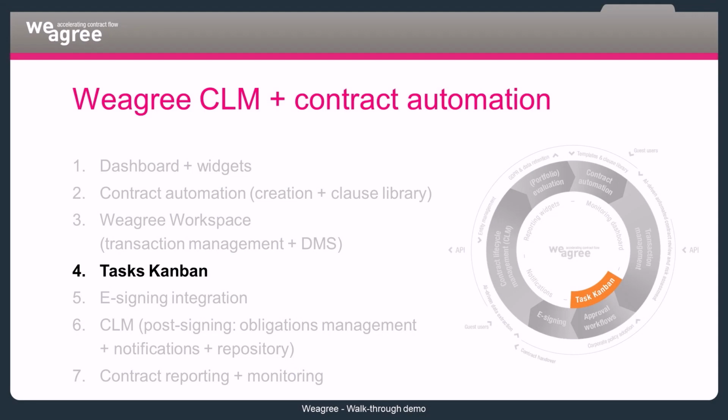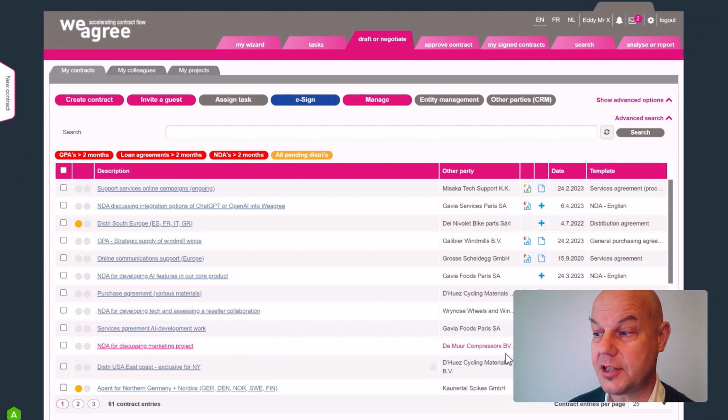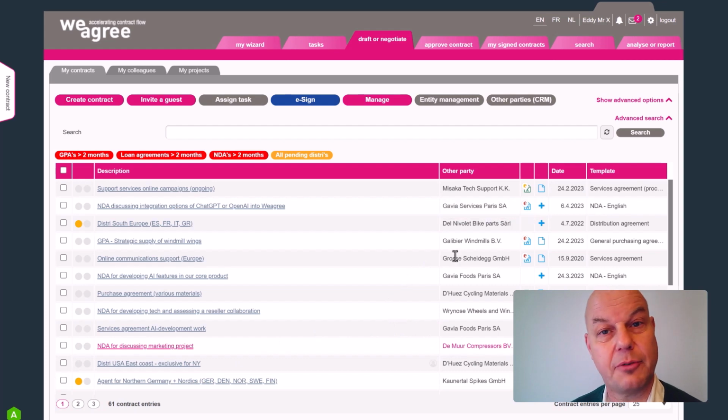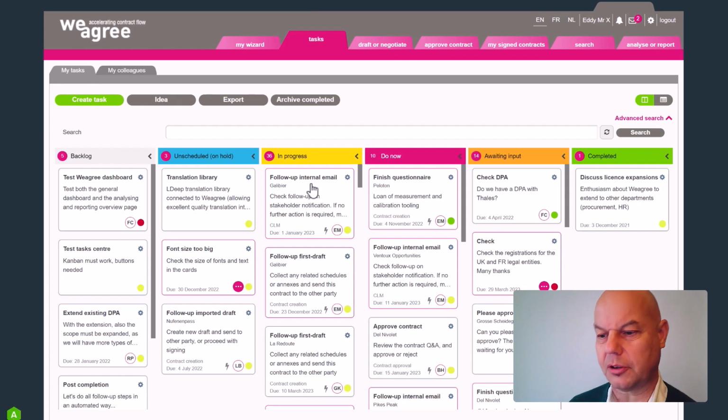And then we're back at the Weagree workspace, your transaction management, where all your draft and negotiated contracts reside. You can now follow the e-signing, and once the e-signed contract returns e-signed, the little e will turn green. And like this, there are many tasks in your contracts that are in the overview over here, but you don't see how that works. And that's what we've solved by introducing a fully integrated task Kanban,